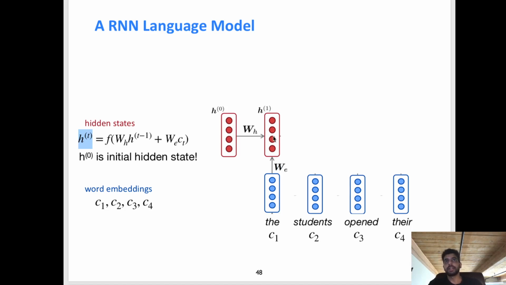Now that we have this representation, we're going to integrate the next word in the sequence, "students." At time step 2, we're going to do the exact same computation, except the vectors that we're using change. Note that the weight matrices stayed exactly the same. We're using W sub h again and W sub e, but the matrix vector product this time is W sub h times h sub 1, right? Not h sub 0. And the matrix vector product for this term is W sub e times e sub 2, the word embedding of "students," which is the word associated with the current time step, the second time step.